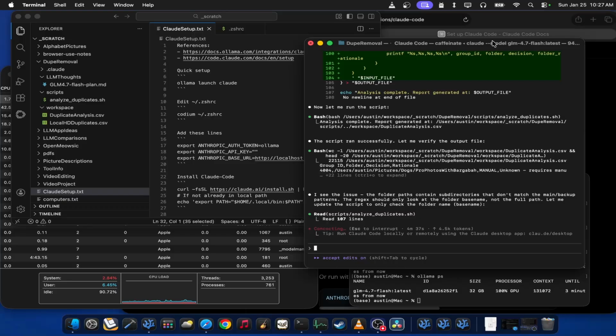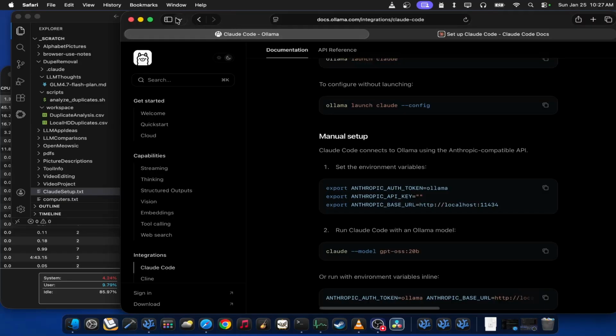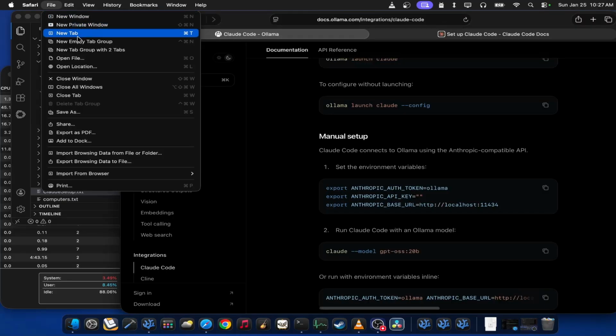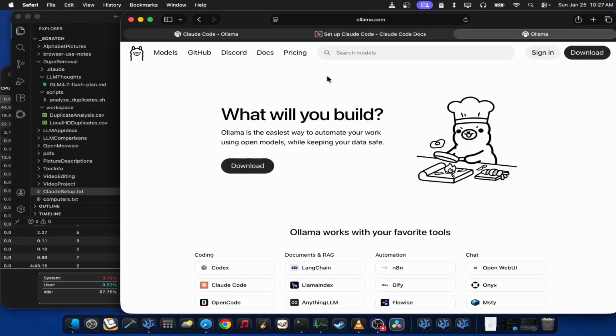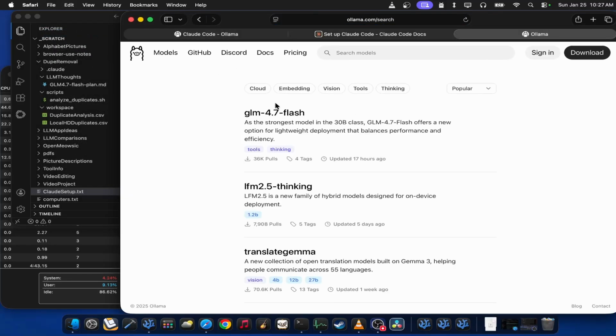Okay, let's see. It contains subdirectories that don't match the main backup patterns. The regex should only look at the folder base name, not the full path. Okay, keep on going. The model that we're using right now, let's pull up a new tab, is the model's